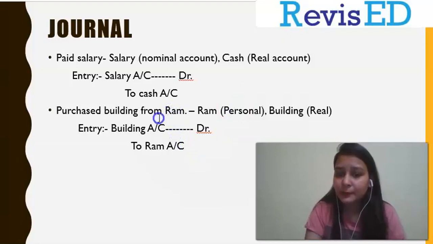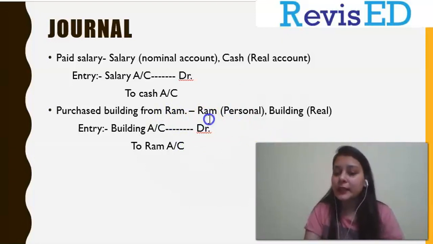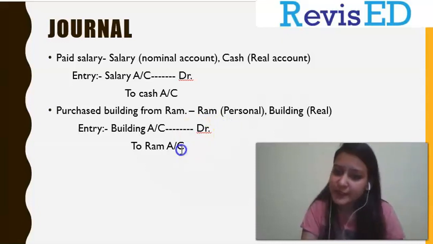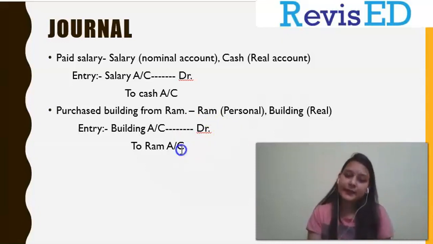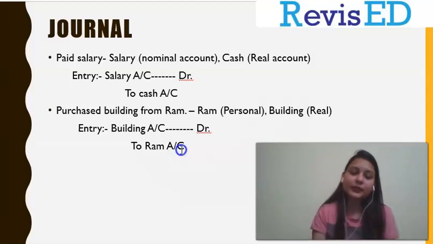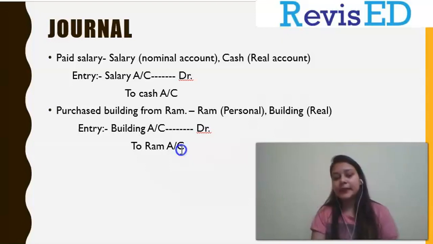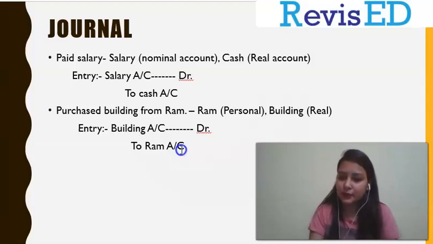क्यों हो रहा है राम, क्योंकि हमने राम से खरीदी है, नाम आ गया, हमने कहीं नहीं लिखा कि हमने कैश में खरीदी है, तो हम इसको क्या मानेंगे कि हमने इसको उधार पे खरीदी है. राम से हमने खरीदी है, राम क्या है, पर्सनल अकाउंट है, डेबिट द रिसीवर, क्रेडिट द गिवर. राम ने हमें दी है बिल्डिंग, तो टू राम अकाउंट. It's simple. सो यही सिंपल रूल है. आपको 3 अकाउंट्स को पता होना चाहिए, आपको पता होना चाहिए किस फॉर्मेट में आपको लिखना है, then it would be very easy for you to learn journal entry.